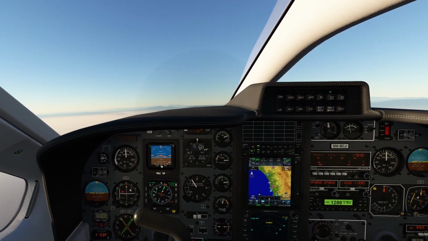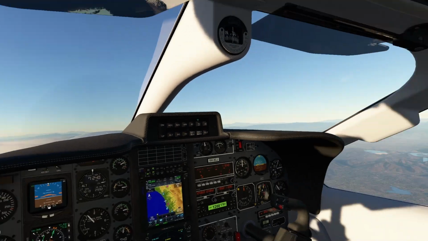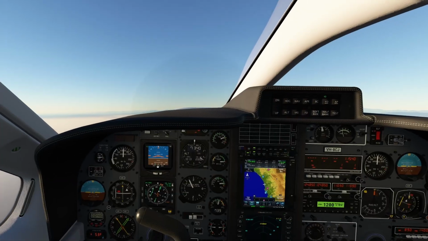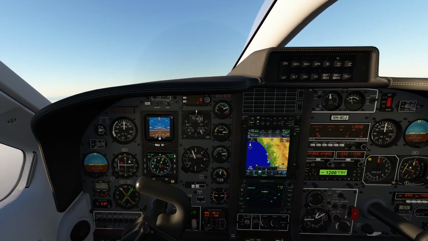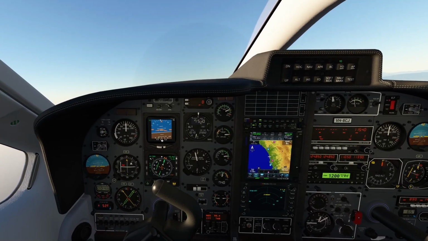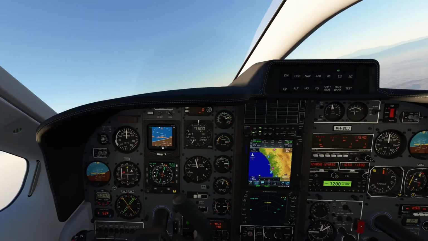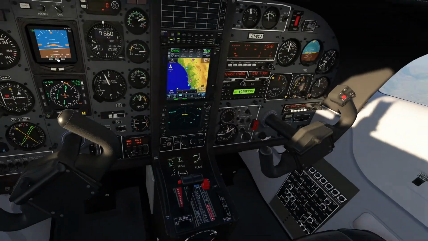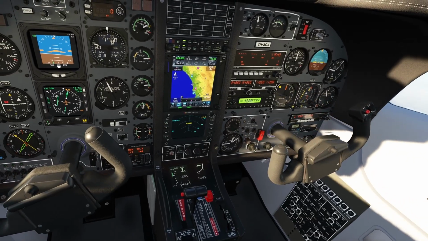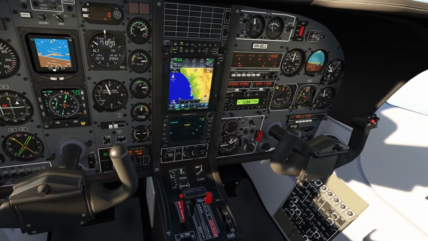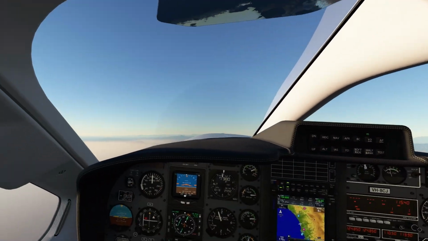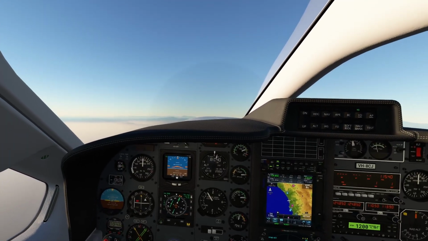All out of whack there. Alright, let's reset rudder. Yeah, that's the turbulence. We'll deal with it. So anyway,